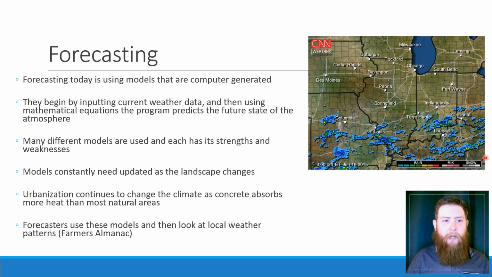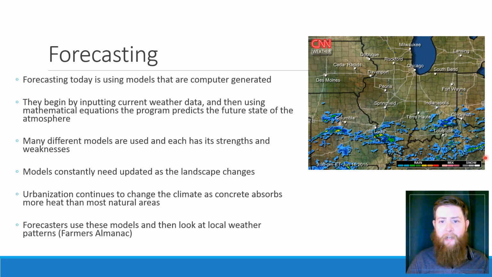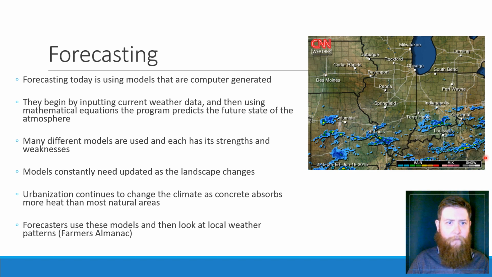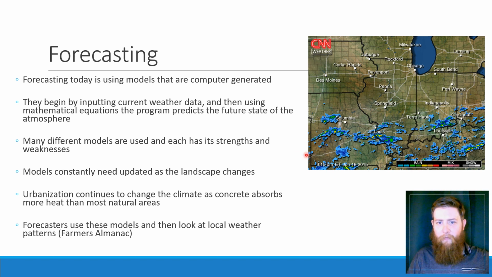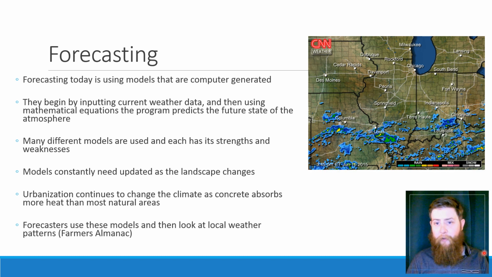One of the things that we really care about with weather is forecasting. Nowadays these are usually all computer generated. It used to be you'd have a lot of meteorologists looking at this data and trying to interpret it. But now meteorologists are more trained to interpret these computer models and see what's happening there. We take current weather data, we use mathematical equations, and we see what is going to happen to the atmosphere. In this image, you can see that this rain is moving from west to east. As this weather condition continues to change, the model continues to change. So that's why the weather in the morning is often very different than the weather in the evening.